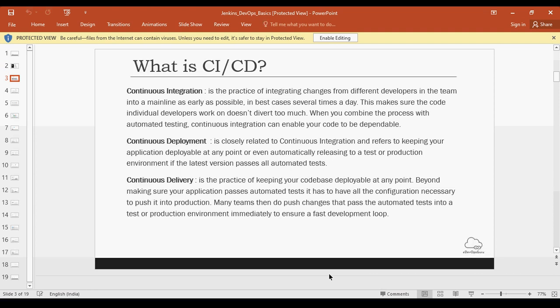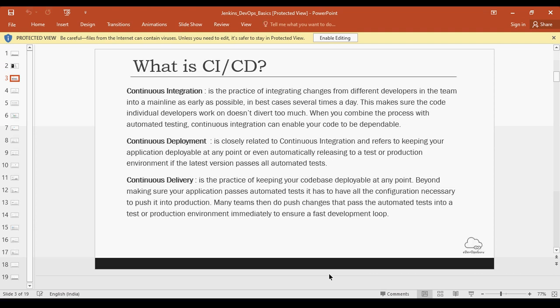So starting with CI/CD, as we all know, continuous integration is the practice of integrating changes from different developers into the mainline as early as possible. Whenever multiple developers are developing their pieces of code, that cannot be standalone code, it has to be integrated into the mainline.